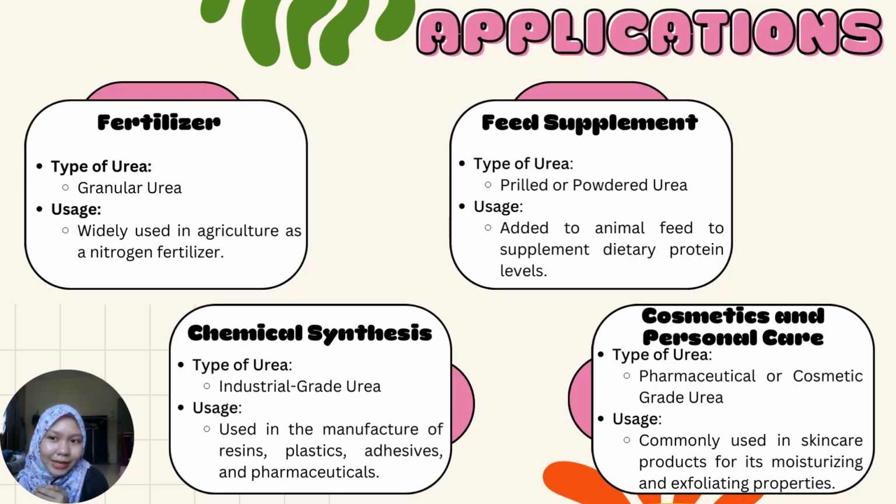Applications. Granular urea is a widely used nitrogen fertilizer in agriculture. It is produced in the form of uniform-sized granules, typically ranging from 2 to 4 millimeters in diameter. These granules are coated with a protective layer to prevent moisture absorption and minimize nitrogen loss through volatilization. Granular urea provides plants with a readily available source of nitrogen essential for their growth and development. This is spread across fields using